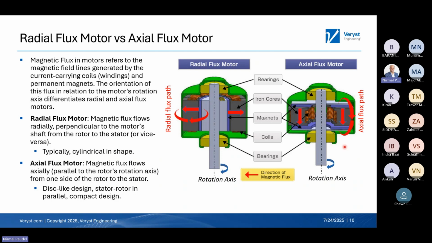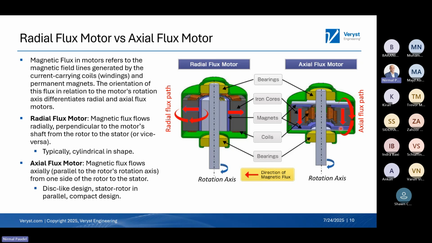Whereas in axial flux machines, the flow of flux is parallel to the shaft, or the axis of rotation. As you can see, we have a rotor on the outside, the stator inside, and then another rotor outside. So the flux goes from rotor to the stator to the rotor, and so on. It's always parallel to the axis of rotation. That's why it's called an axial flux machine. And the design is usually disc shaped, as you can see here,